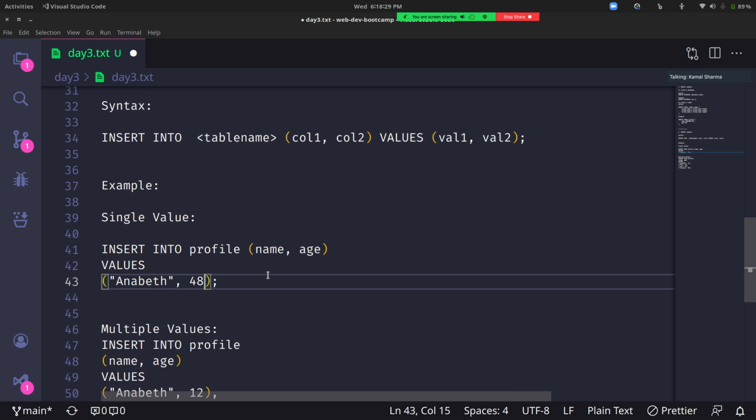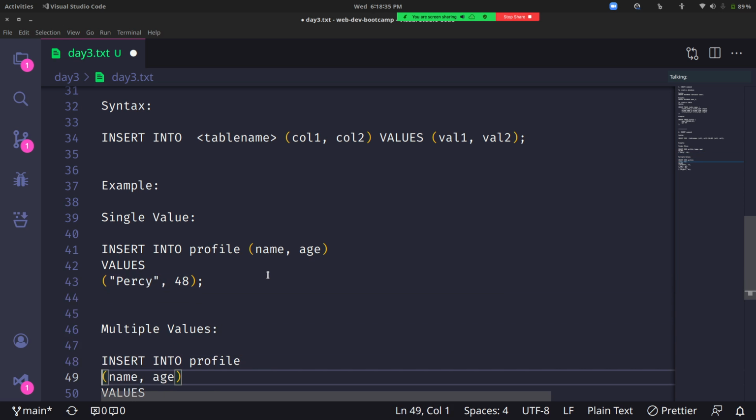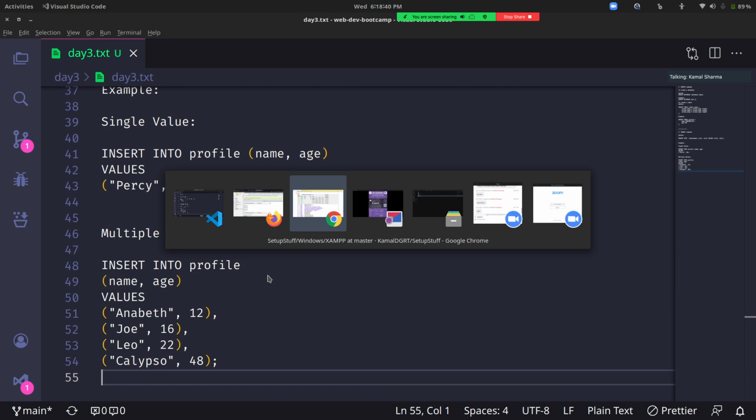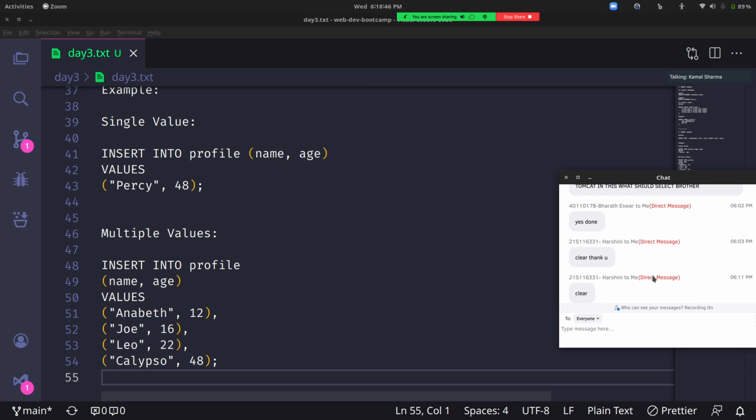We had 48 and with the name Percy. So we saw how to insert one particular value, and we also saw how to insert multiple values using the insert command. If you are clear on this part, please let me know in the chat box.